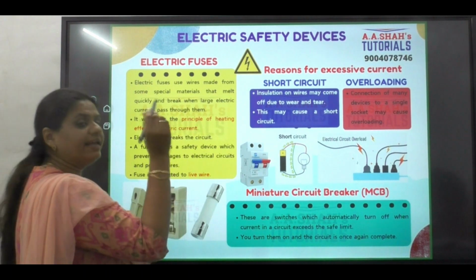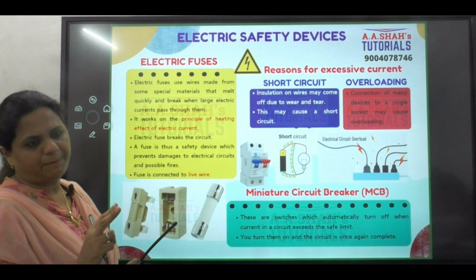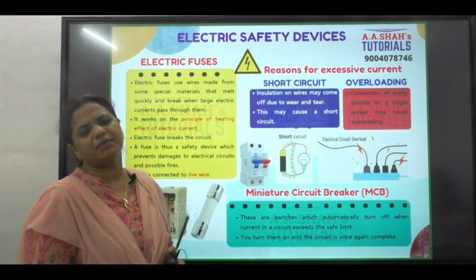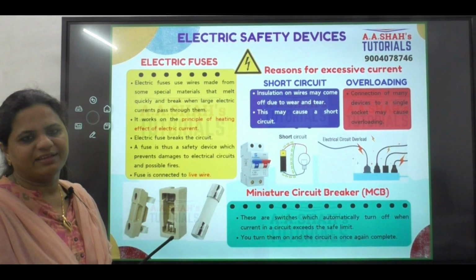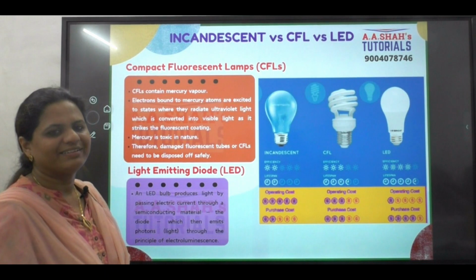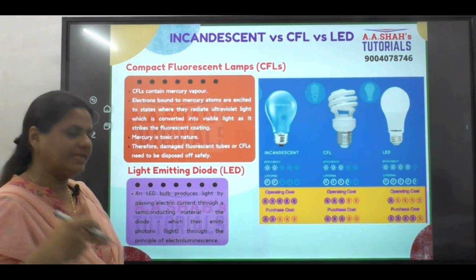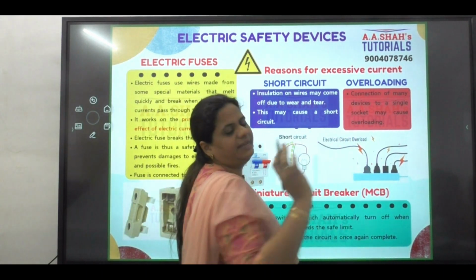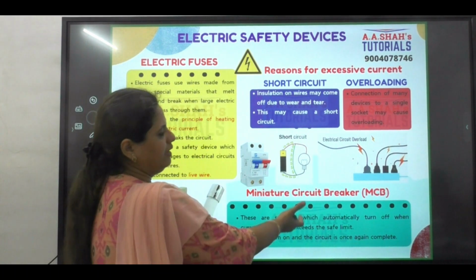So when there is excessive current flowing, when does this condition arise? There are two cases when overloading can take place. The first case, are you listening? The first case is short circuit. What do you understand by short circuit? Sometimes people who get angry very quickly are said to have a short circuit. Sometimes their fuse blows. But that is different. When load is increased, when you are using a lot of devices at the same time, there is overloading. Overloading can result in a high amount of current passing through the wires and can result in electric fire.